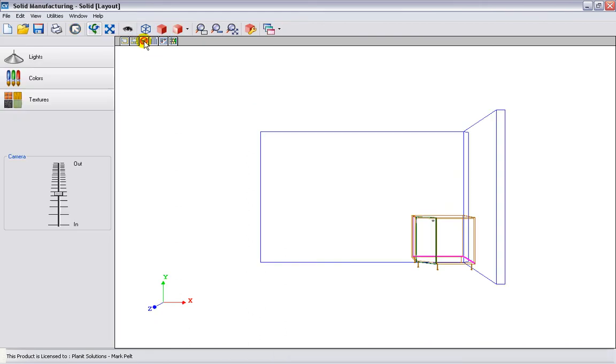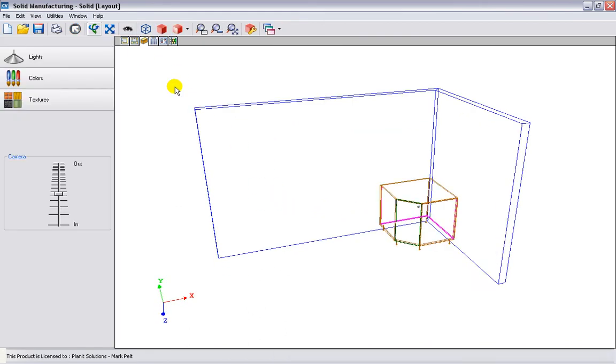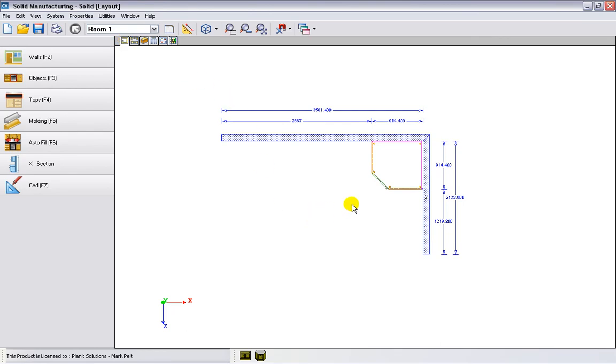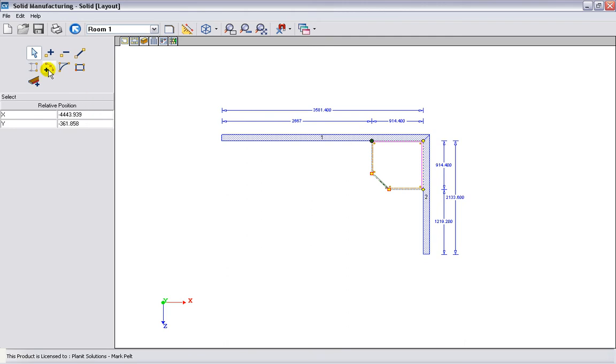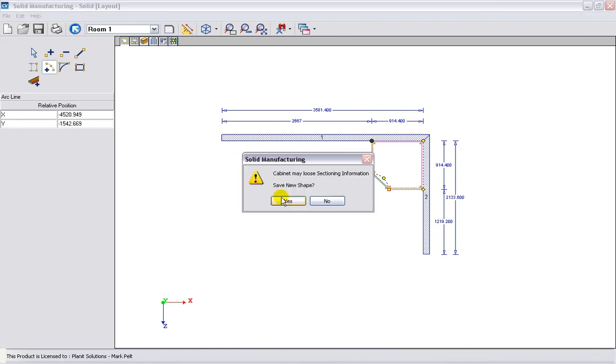So now I have just this corner cabinet. I would like to change the shape of that, so I'm going to right click and edit the shape. And for this demonstration, I'm going to use a radius of this line, and I'm just going to drag it and snap. You can position this exactly where you would like. I'm going to save that,